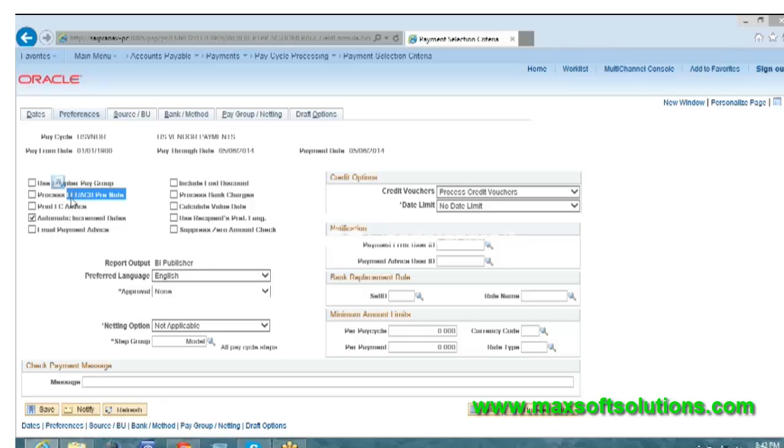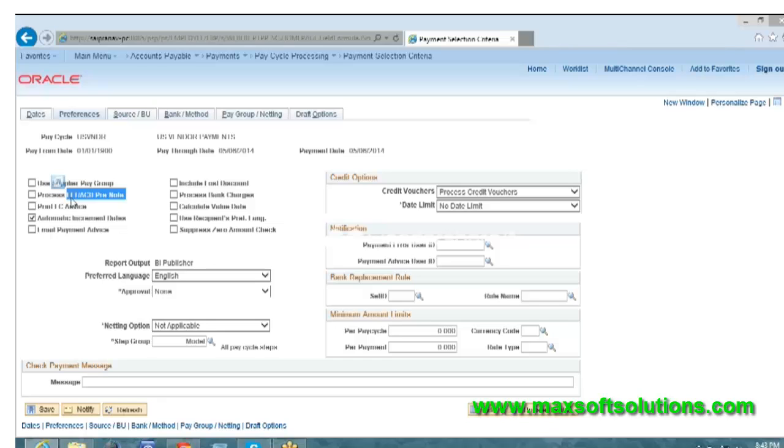For example, you are my vendor and you have provided all your information the first time. When I input your banking details in my database the first time, if I select the pre-notification, when I run this particular process, a $1 payment will be generated to the bank and it will look for the payment. If there is any issue with your account,